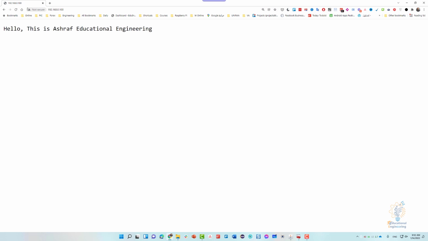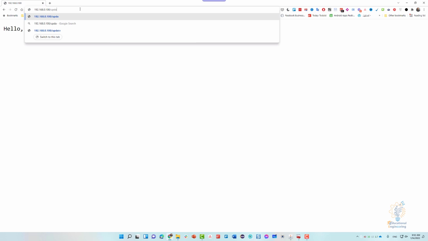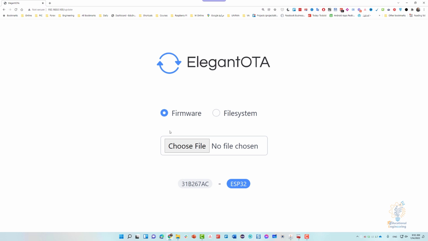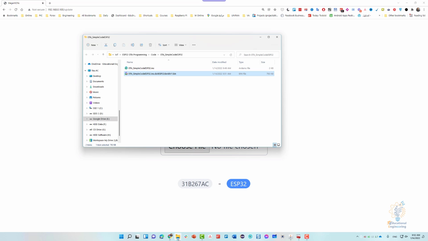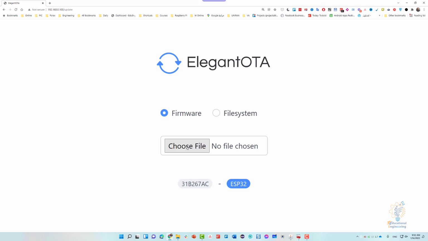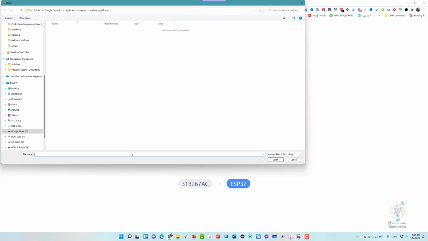So let's refresh the page to make sure that it works. As you can see, we are still getting the same code. Now to update the firmware, you need to write /update and you will get this page. Now simply copy this directory, go to choose file, again the IP address /update, choose file, and in here you need to paste your folder,